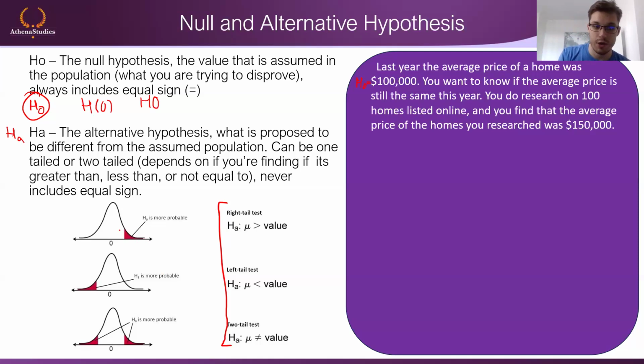You can see here the red area: you have only one red area for the left tail and the right tail tests. And for the two tail tests, you're going to have two red areas. For now, we don't know what this means. We're going to explain it a bit later, okay? Just to be as simple as possible, remember it, write it down, memorize it, don't forget it. It's one of those things.